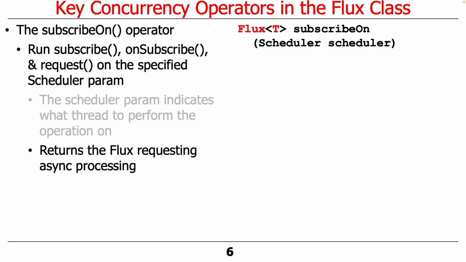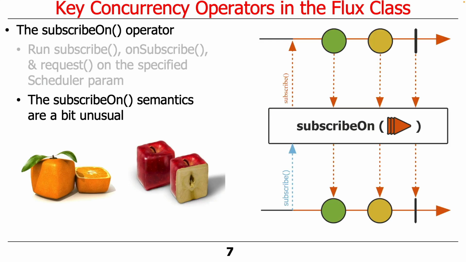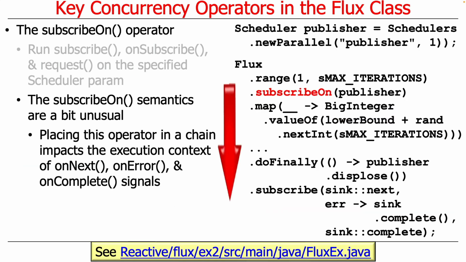This subscribeOn method returns the Flux that's now requesting asynchronous processing on the scheduler that was provided as a parameter. The semantics of subscribeOn are a little bit weird, right? It's like having a square apple or a square orange. It's probably still tasty, but it just doesn't look like what you might expect. The way it works is you can place this operator in a chain, and no matter where you put it, it affects the whole chain. So if you put it in a chain, then all the methods that are called in that chain, all the onNext, onError, onComplete signals that propagate through that chain, are going to end up running on the